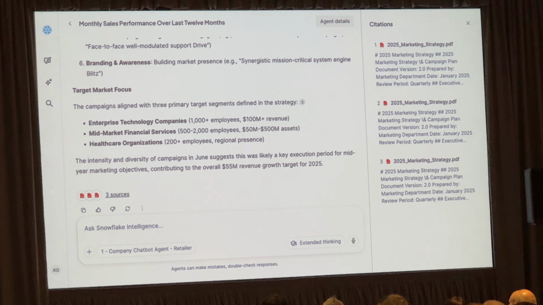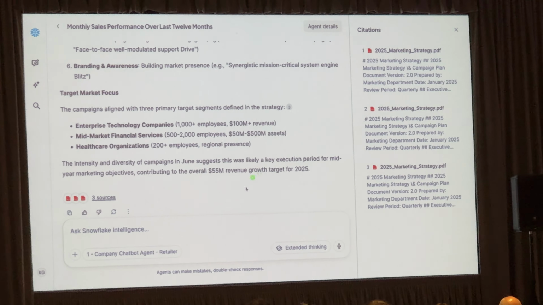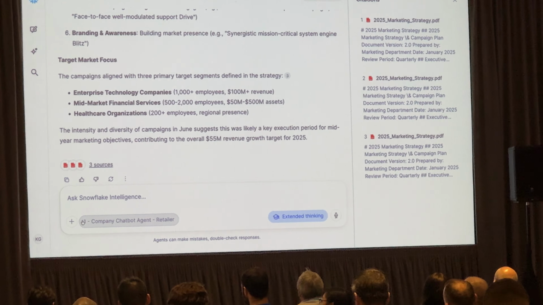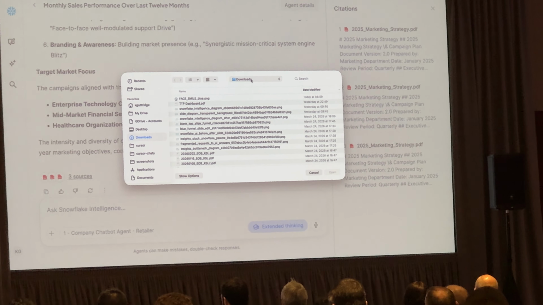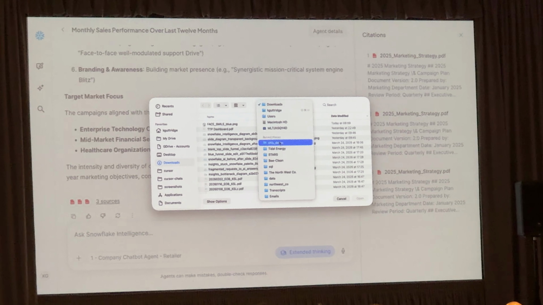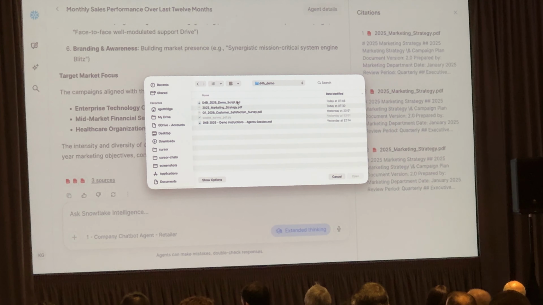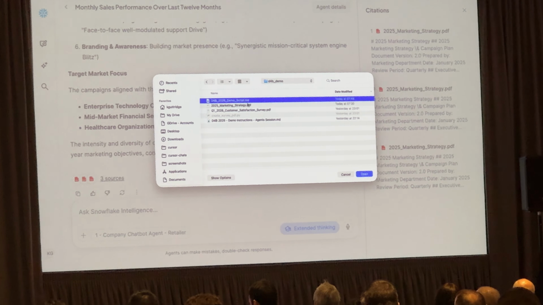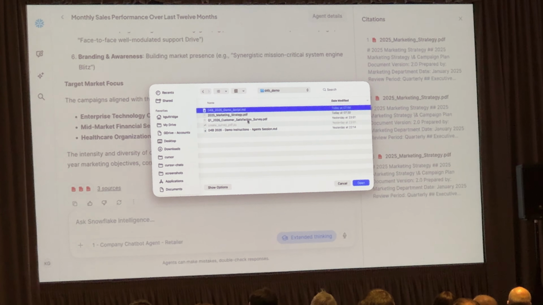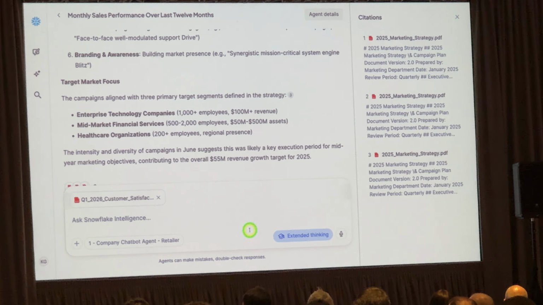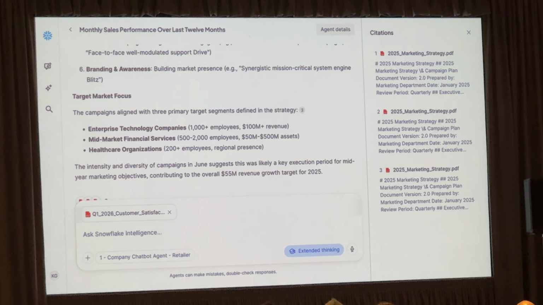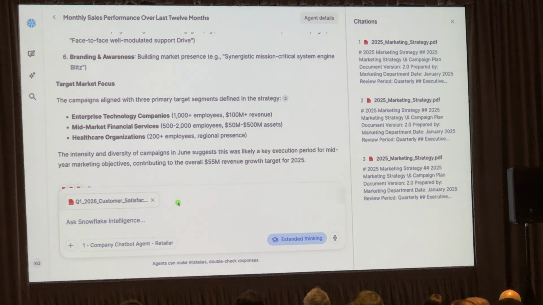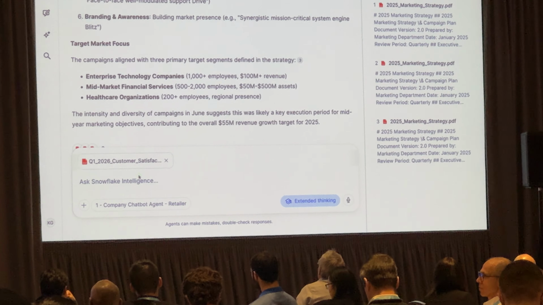So I'm going to turn extended thinking off, and actually, I might do one more thing. In addition to this, I'm going to upload a file. Here's our survey results, and sorry about that. What we're going to ask it is, let's say we just got a preliminary report back from the company that we hired to do this customer survey and analyze these results. So we're going to add that in.